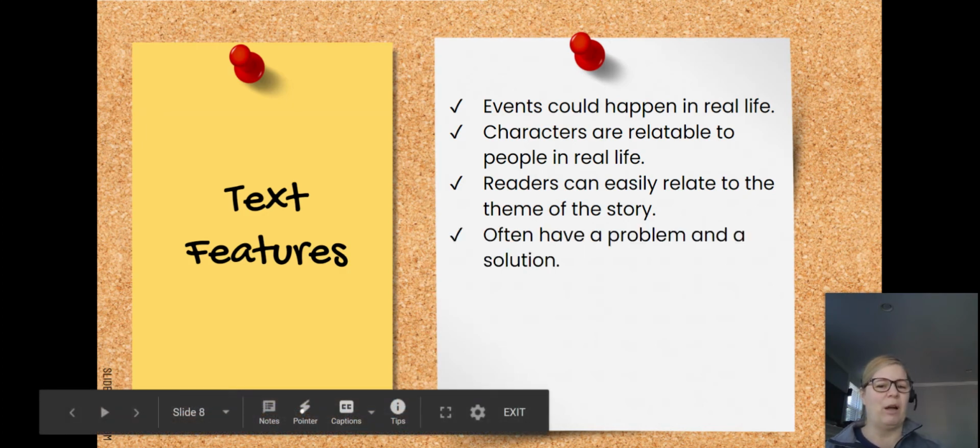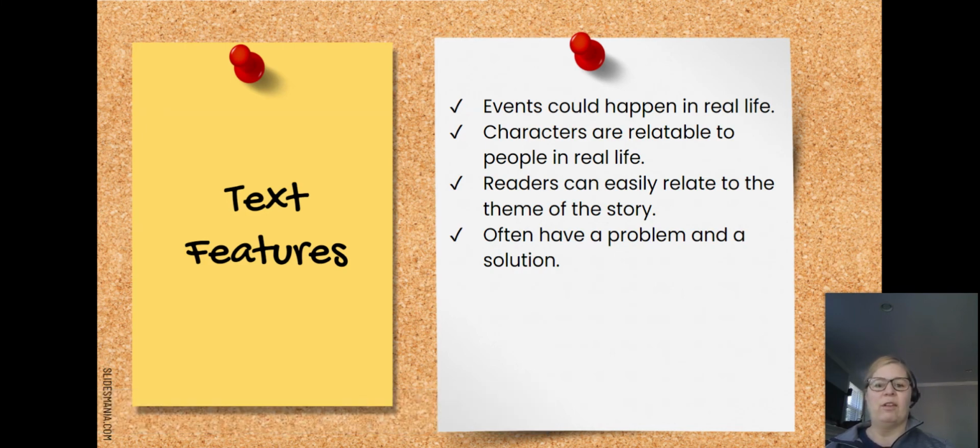They often have a problem and a solution. So Avon, who does not have arms, is moving to Arizona and realizes that she's going to have to tell everybody about why she doesn't have arms. That's her problem. How is she going to tell them? Well, I won't tell you the solution, what she does, but she does solve that problem. How am I going to get along with these people who don't know me and who are going to stare at me all the time?